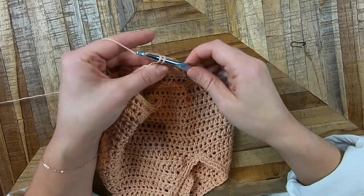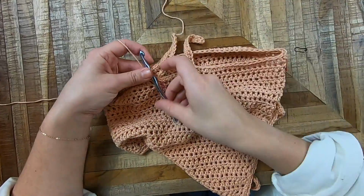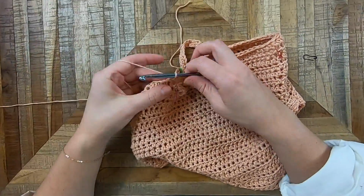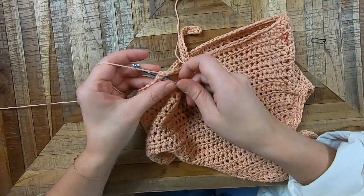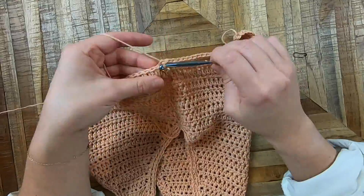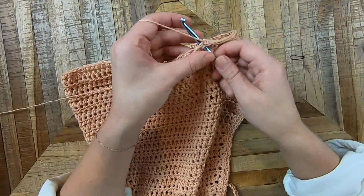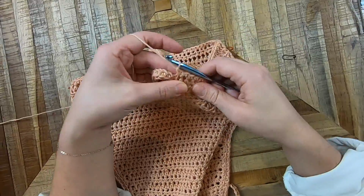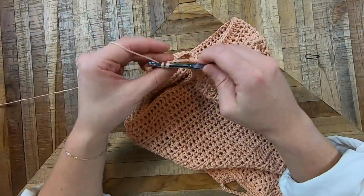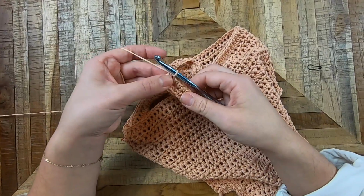So you're just gonna work down. You can see the tie forming a little better here. And continue around the bottom in single crochet stitches until you get up to the end of the other tie. Okay, once you reach the top of this other tie, you're gonna do the same as before and